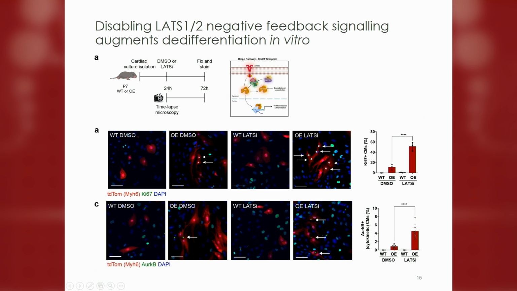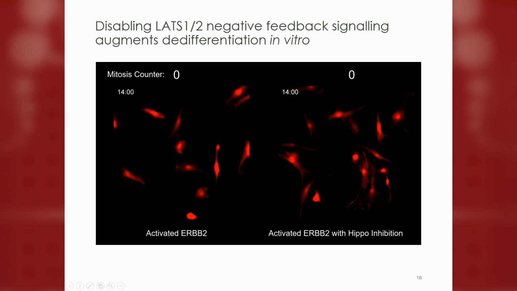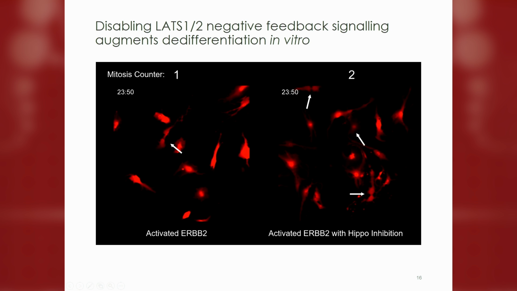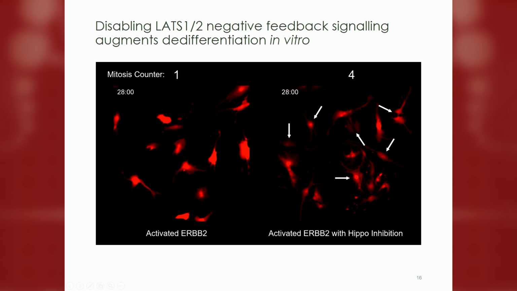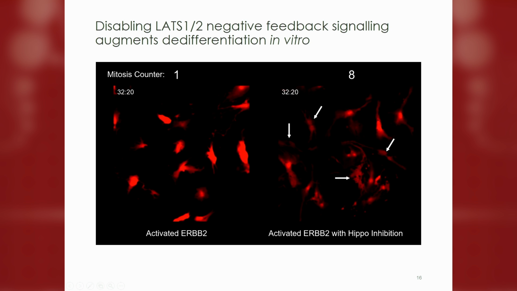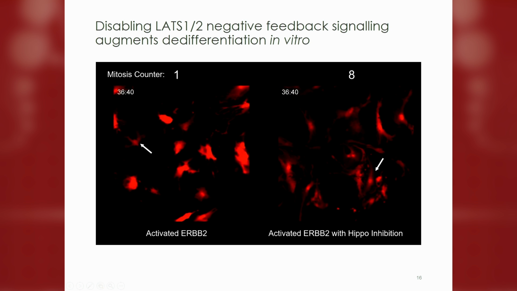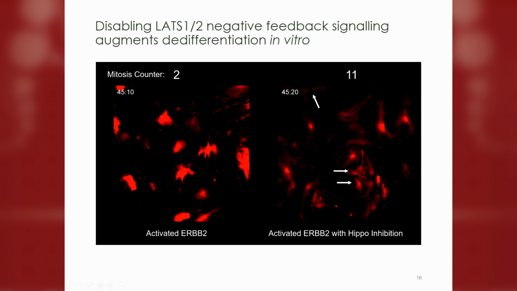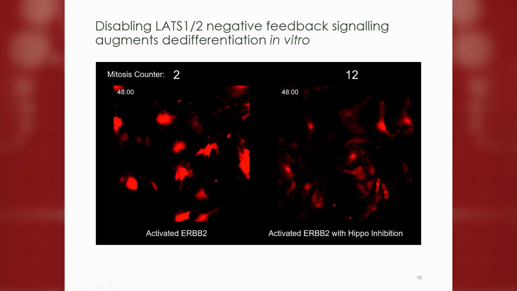On wild-type cells, you don't see anything. But when you do that on top of ERB2, you have more than 50% proliferation of cardiomyocytes. And if you don't believe that, look at this movie. We started to count. These are lineage traces, and this counts cell cycle activity, not just cell cycle activity but actual division of these cultured cardiomyocytes. There is a very strong induction of cardiomyocyte proliferation when you activate ERB2 and, on top of it,